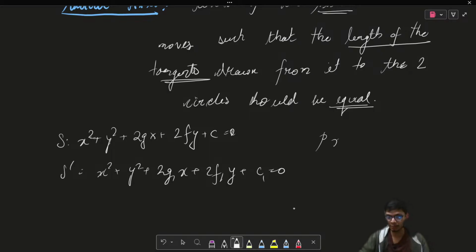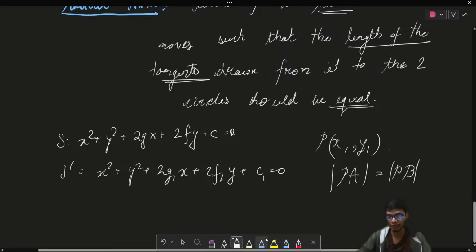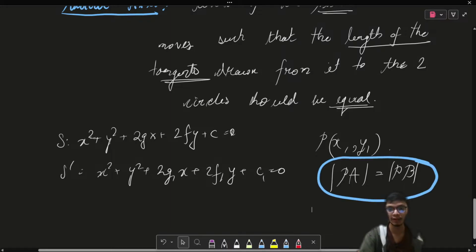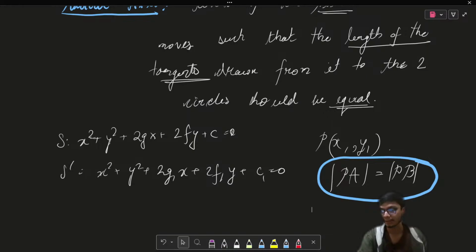Now let us call that particular point P as some (x1, y1), such that if I draw tangents to the two circles, and the tangents are PA and PB, that particular distance should be equal, right? So this is what my condition says, right? So if I try to find the locus of this point P,